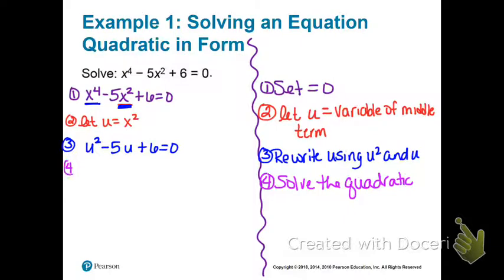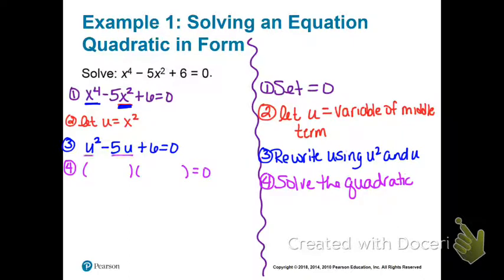All right, so we have choices. We can factor, we can do the quadratic formula, or we can do completing the square. This one is factorable, so I'm going to go ahead and do that, but I know that some of y'all like completing the square better, so you're welcome to do that if you'd like. All right, so if I'm going to factor this,